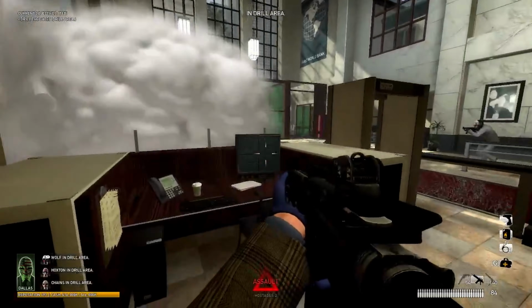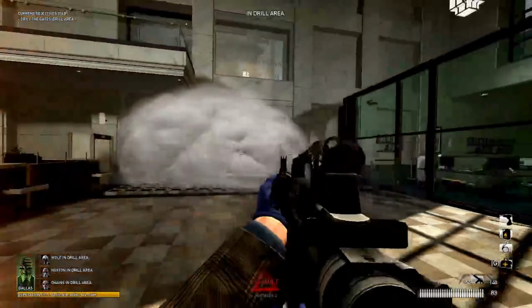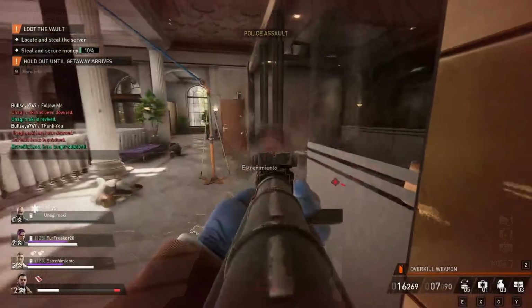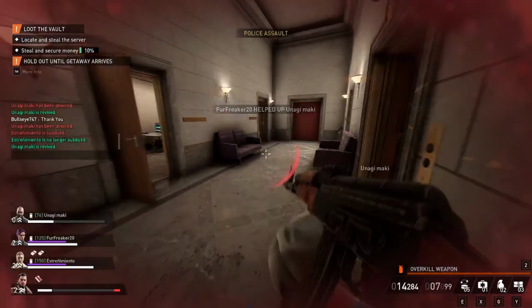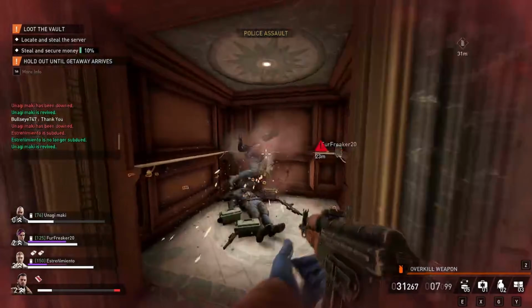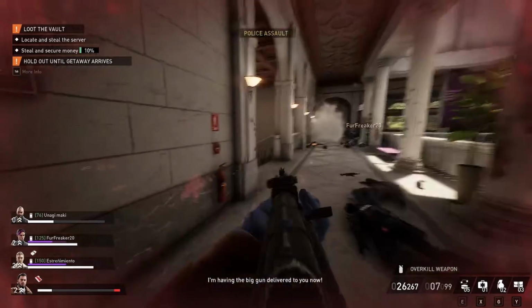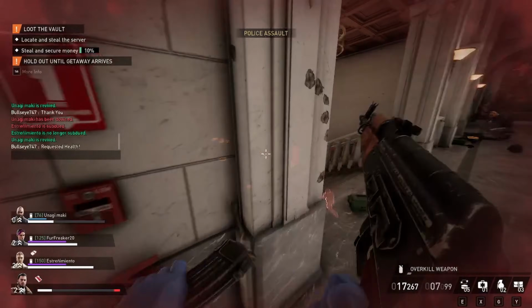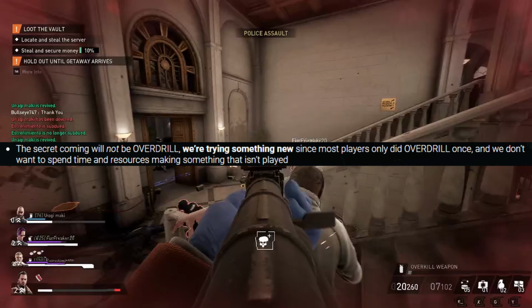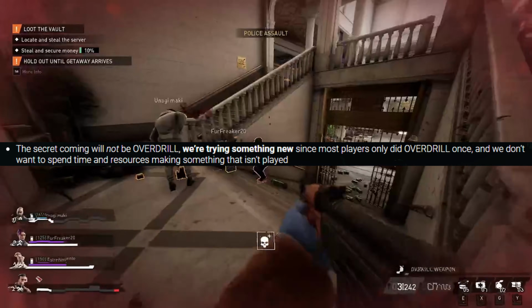I'm mixed, because on one hand, I think First World Bank is not First World Bank without Overdrill. And that's where I have to butt in here and interrupt myself, because when I was about ready to upload this video, the Payday devs released their dev blog for this week and confirmed that the secret won't be Overdrill in 2025, citing reasons that Overdrill was not actually that often completed in runs of First World Bank, and if they're